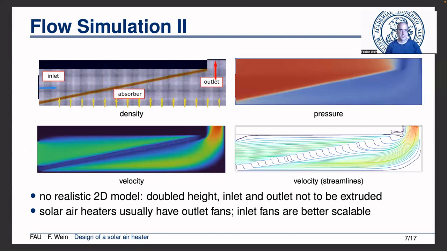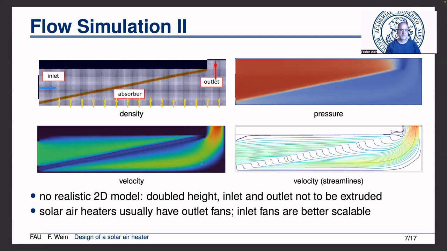The reference model here is a flat absorber. That means air is considered to come from below. We have an enforced inlet boundary condition. Here is the pseudo density gray absorber, our outlets. When we enforce the flow through the absorber, we have a high pressure before the absorber, a low pressure